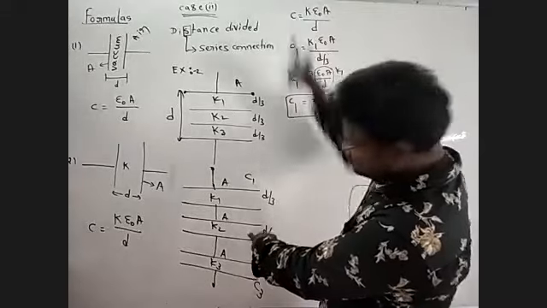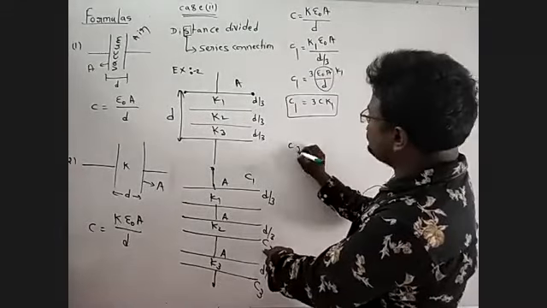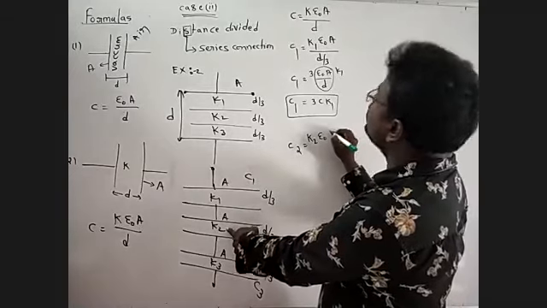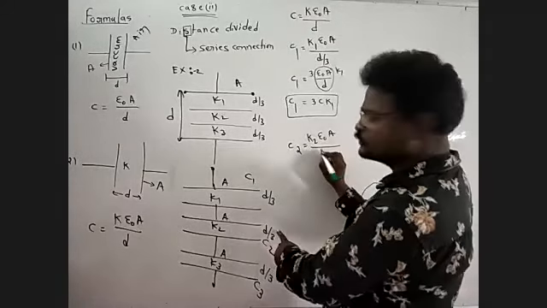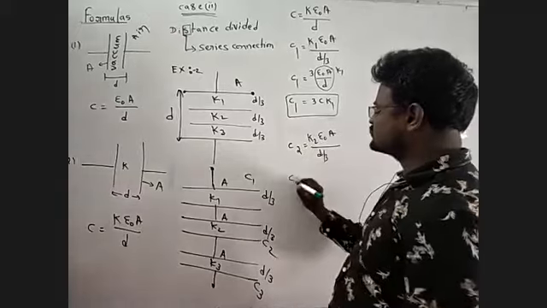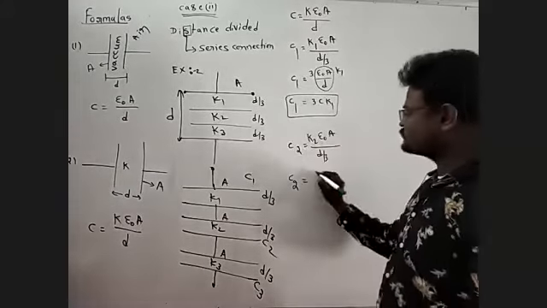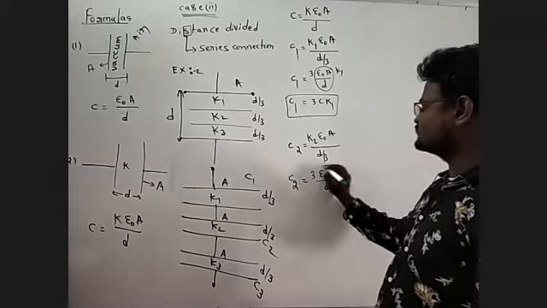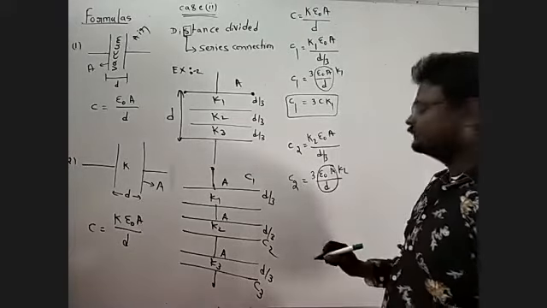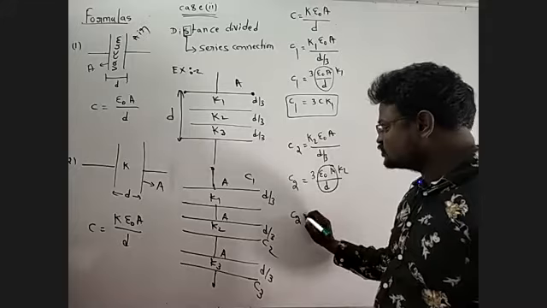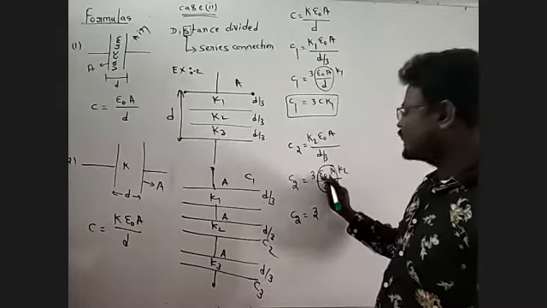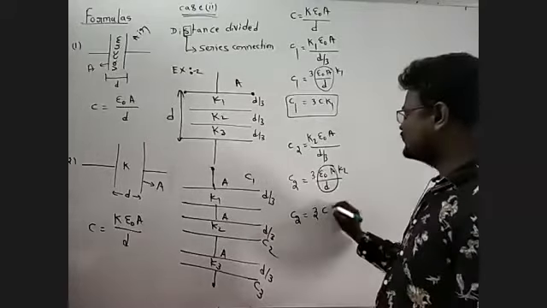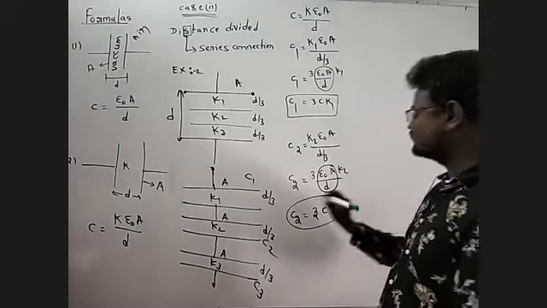Next, similarly, this formula applies to the second capacitor, C2. The dielectric slab is K2, epsilon naught, cross-sectional area A, the same, and the distance between the two plates is D by 3. So C2 is equal to 3 epsilon naught A K2 by D. Epsilon naught A by D is C, so C2 is equal to 3CK2. This is the second formula.